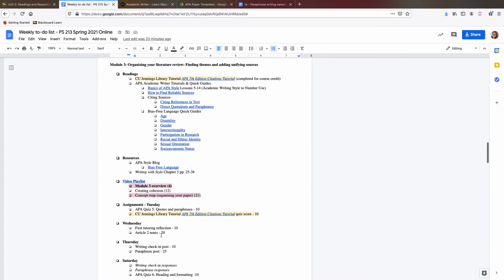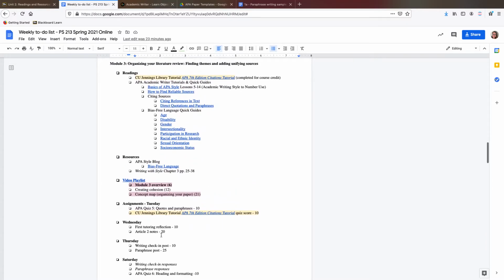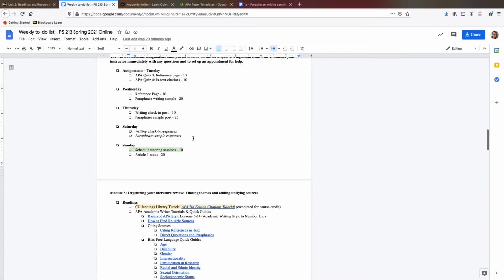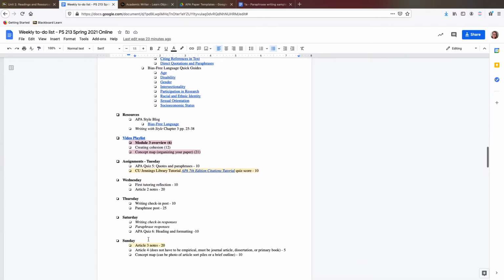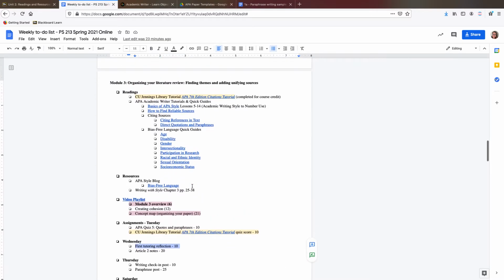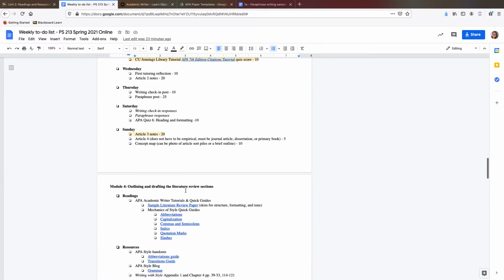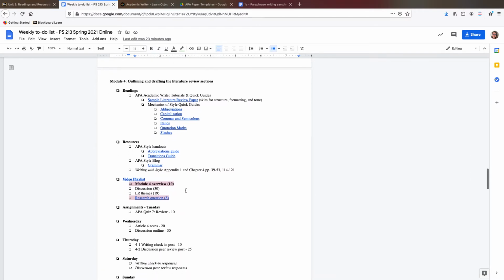If you're in the in-person class, your modules are twice as long, so you'll probably be able to do it in time to do the paraphrase writing sample. But for the online class, you'll do your first tutoring reflection the middle of Module 3. If your schedule's really tight, you might just do the Smarthinking instead. For now, in the pandemic, I know they're doing remote sessions for the Writing Center. I kind of hope they leave that as an option. Long term, I don't know if they will. But for now, it's an option. I think in person is lovely if you can do it, though.